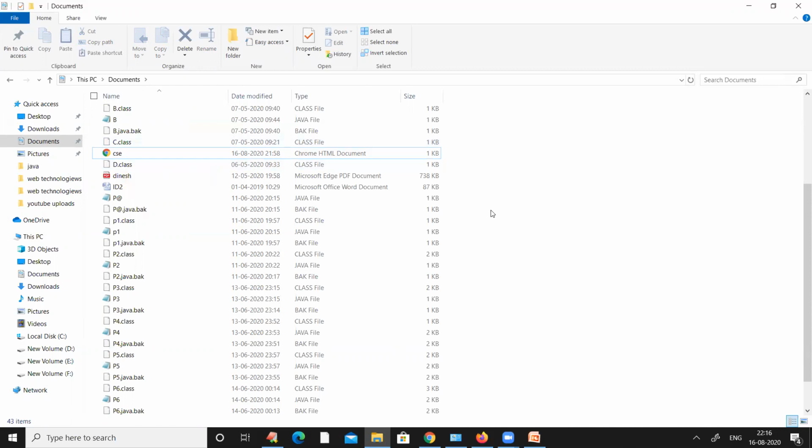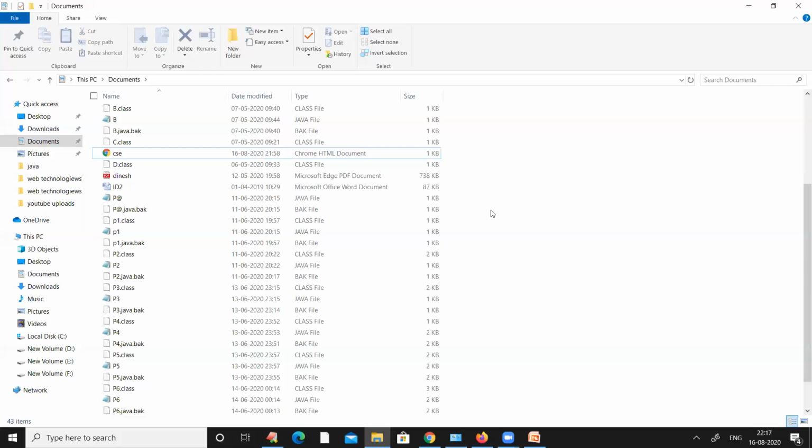So if you save anything with the .html extension, it will be saved with the default browser icon of your computer. Some people may have Mozilla Firefox as the default browser, some may have Internet Explorer, some may have Opera Mini, or Microsoft Edge.